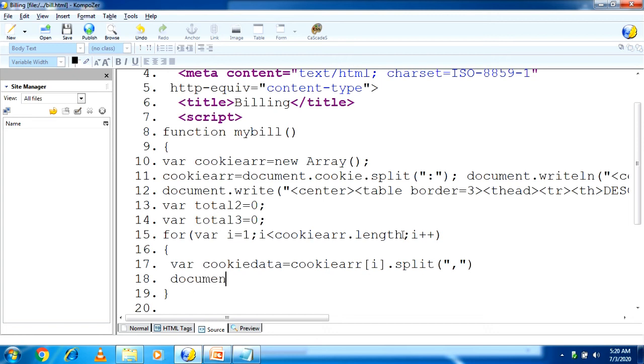document.writeln( double quote complete. Yeah, you have to use the anchor tag.